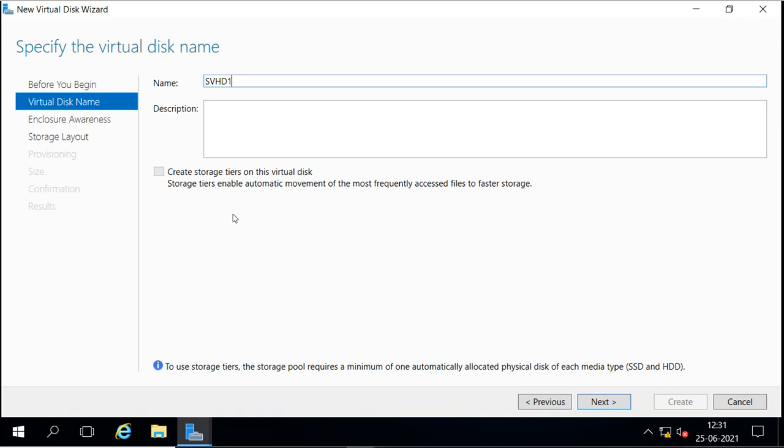First, it is only one physical disk we have, and next, if we have two or three disks, they will still remain the same size or same type. So there is no point of speed here, because there is only one disk now. Right now it is only one disk, but when we add more disks, and when we have different types of disks, then we will see this option. Right now it is not available, so I give the name and I'll go next.